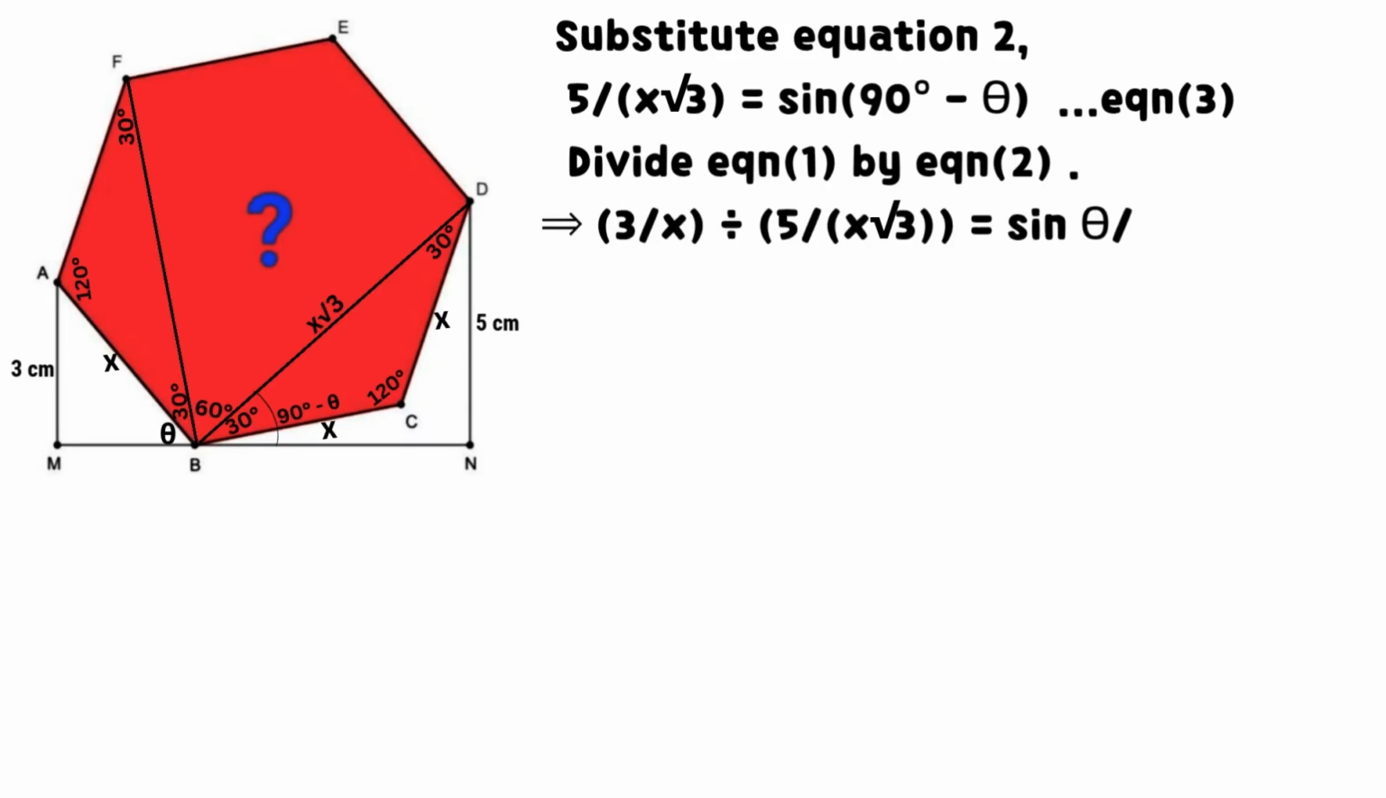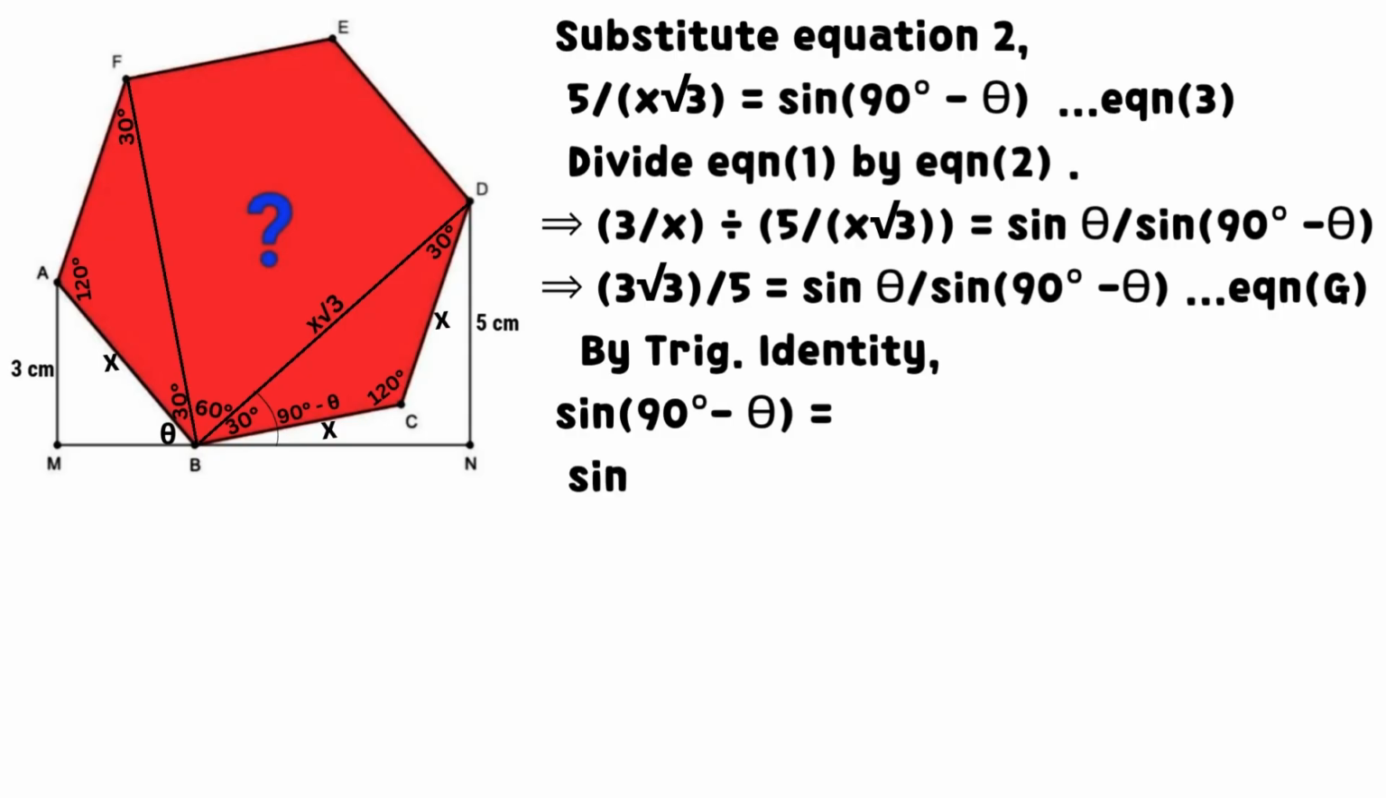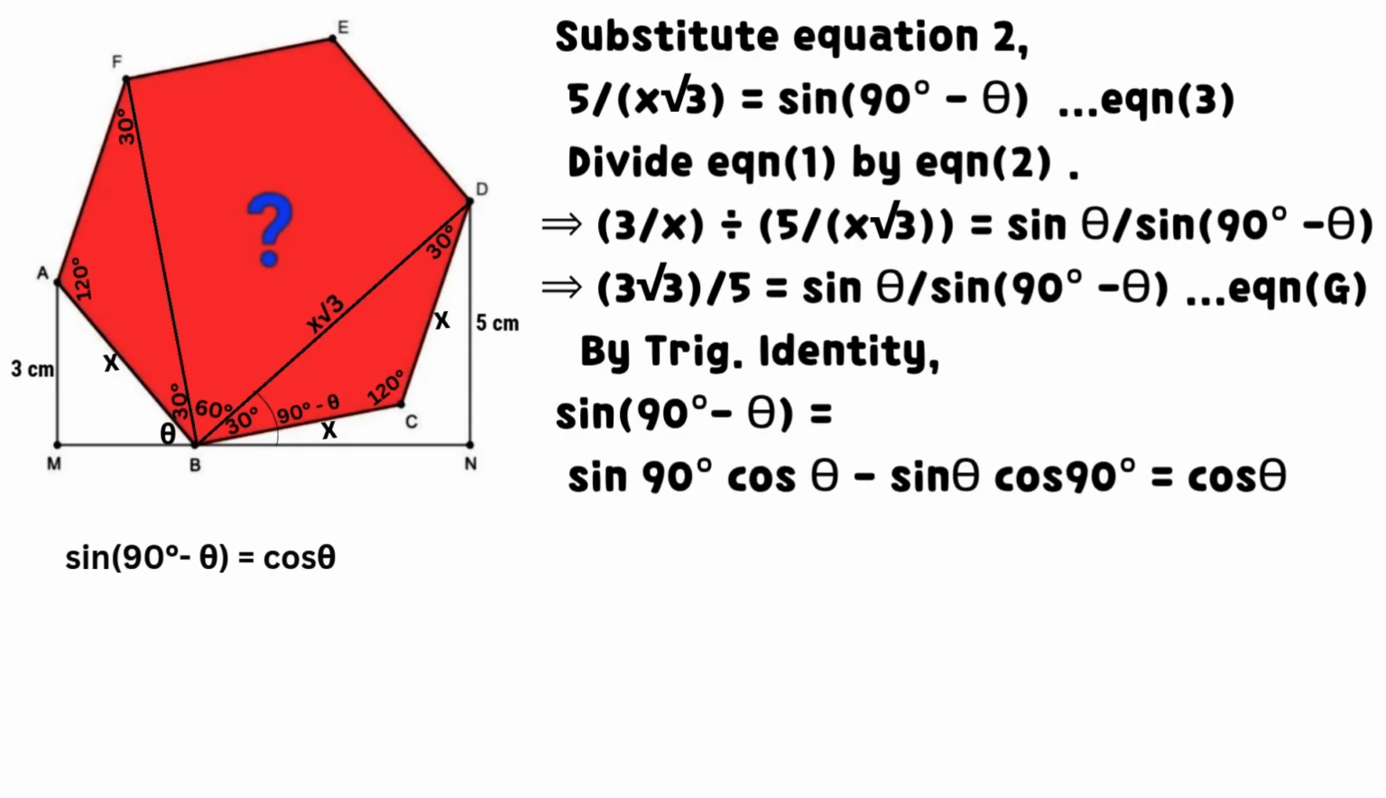Divide equation 1 by equation 3. This implies that the ratio of 3 divided by x to 5 divided by x times the square root of 3 equals sine theta divided by sine of 90 degrees minus theta. Simplify and we obtain equation G. By trigonometric identity, sine of 90 degrees minus theta equals cosine theta. After simplification,